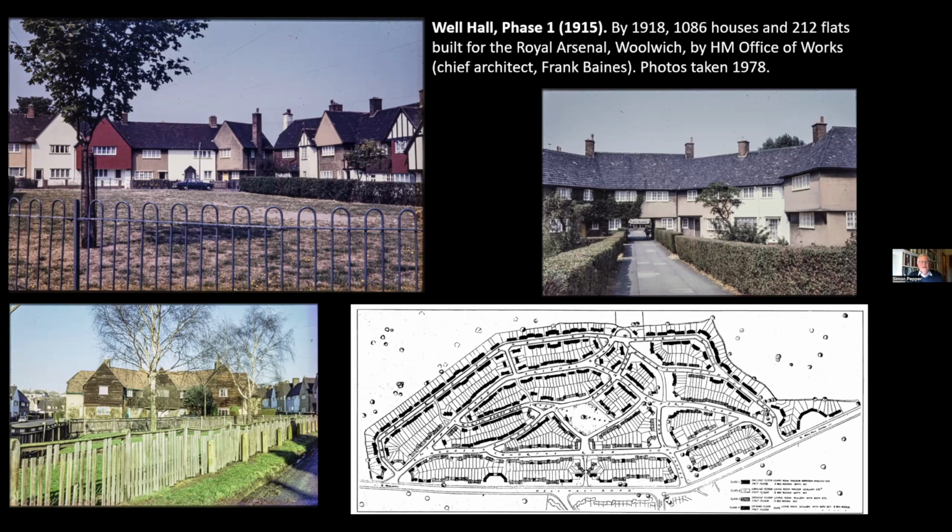And it made use of whatever available materials came to hand at a time when they were in short supply also. But it was done extraordinarily skillfully, an absolute masterpiece of picturesque design,